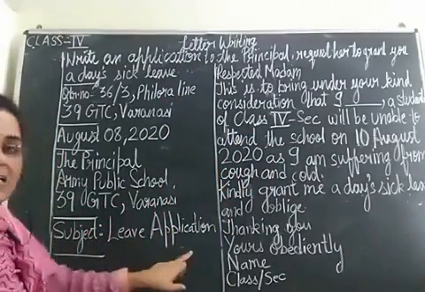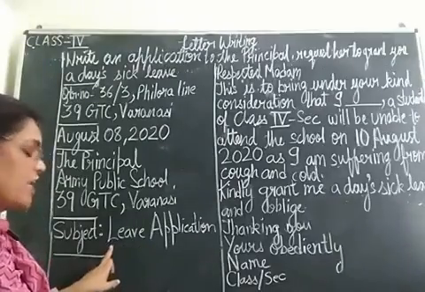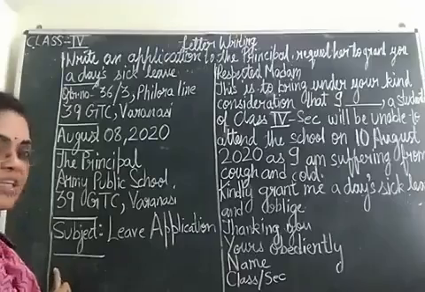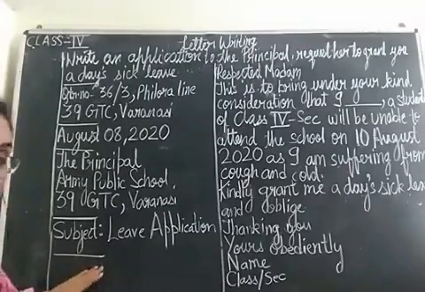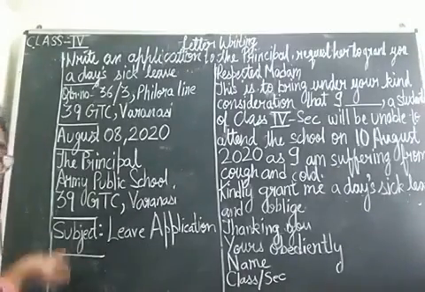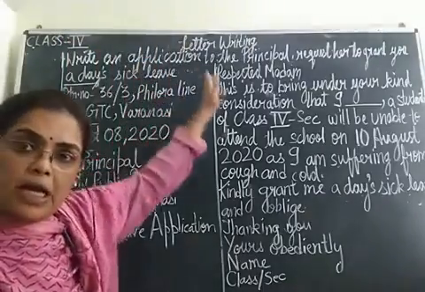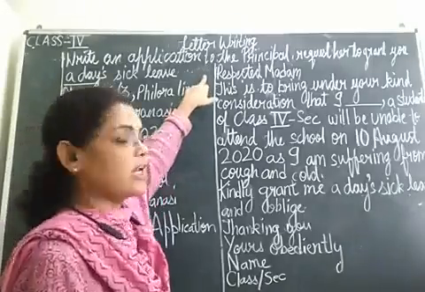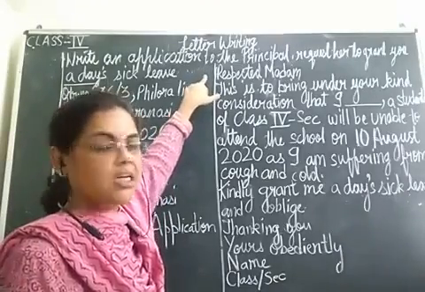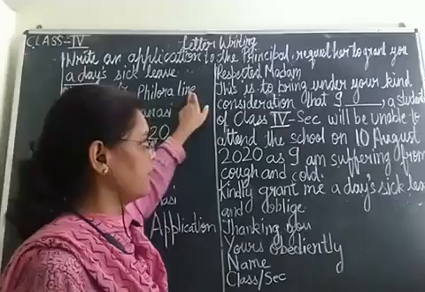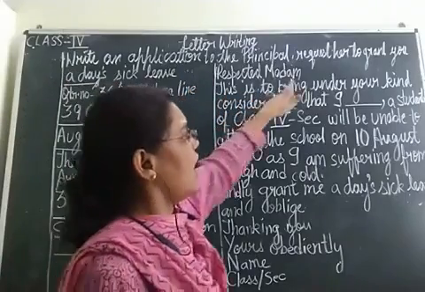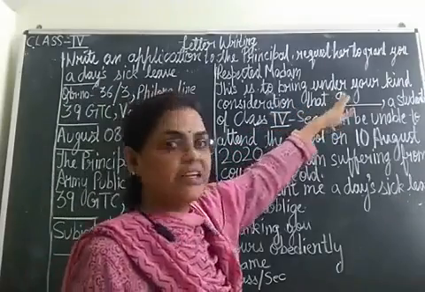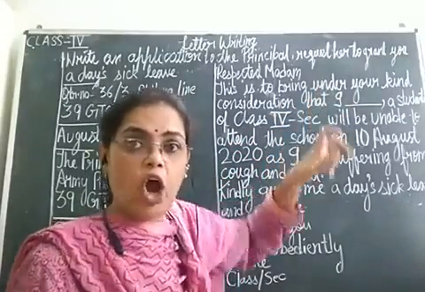So then the subject, and ensure that leave's L will be capital and application's A would be capital. After that, leave one line. बस बेटा ये लास्ट आपको लाइन छोड़नी है. आफ्टर दैट आपकी कहीं भी लेटर राइटिंग में लाइन नहीं छोड़नी है. Keep this in mind. Then comes your salutation, that is respected madam. This is to bring under your kind consideration that I, dash is for writing your name.